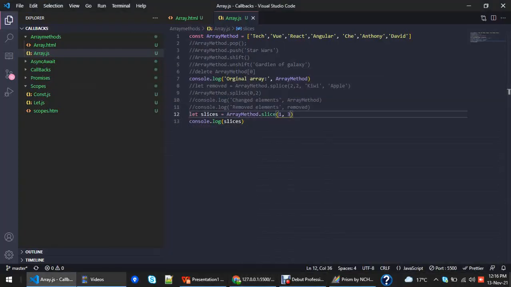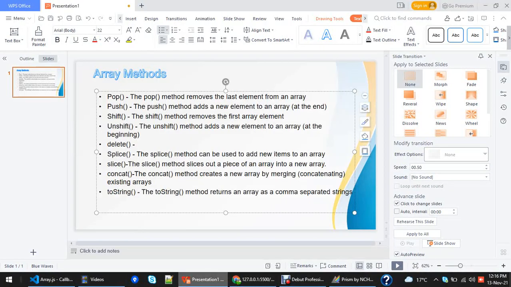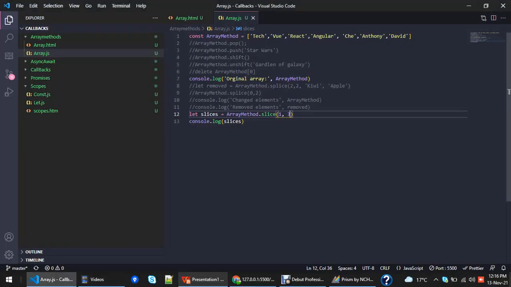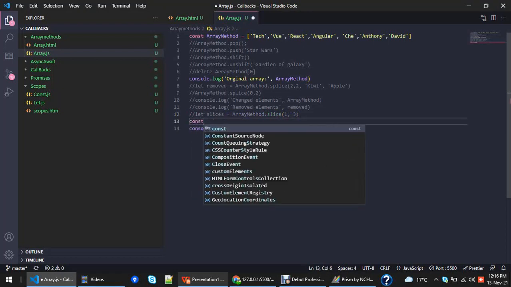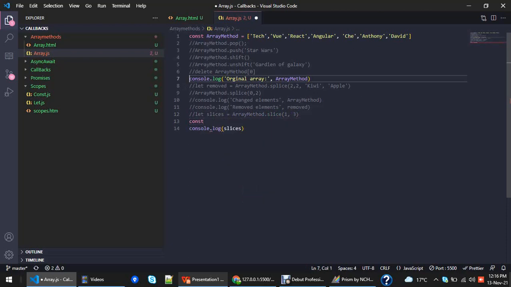Next is concatenation, right? Concatenation is the concat method, which creates a new array by merging two existing arrays. So let me show what I'm trying to talk about. I don't want to touch the original array, which is not required. So constant